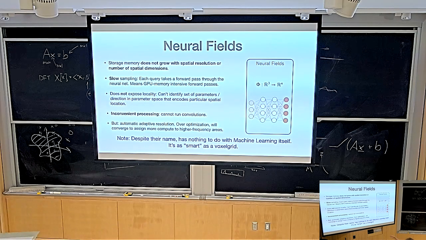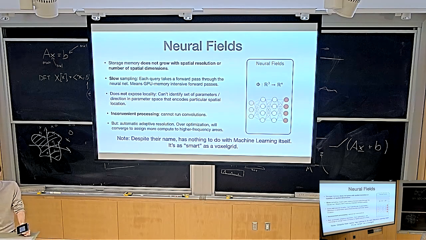And now comes the biggest downside of these neural fields, which is one of the key reasons why people might not consider using them. Sampling them is ultra expensive. If you have a voxel grid and I give you a 3D coordinate, sampling is immediate. It's a lookup in an array. For a neural field, I give you a 3D coordinate, you have to do a forward pass through a neural network. And forward passes through neural networks are really expensive.